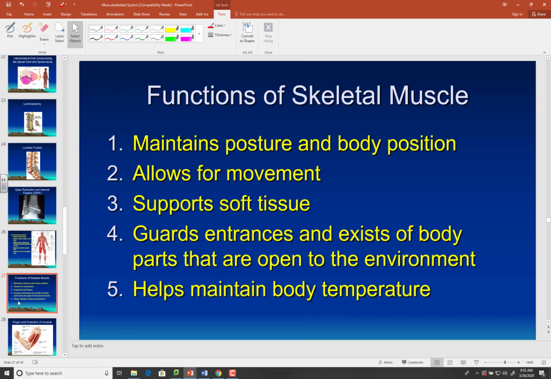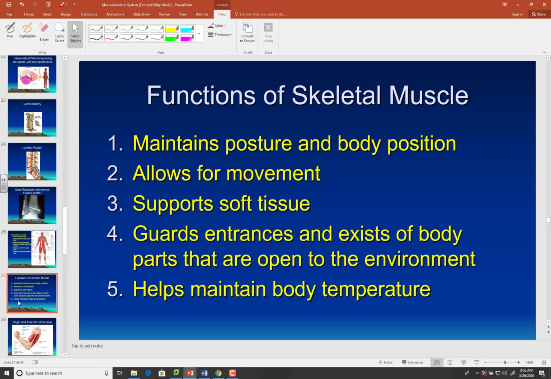Now, a couple of things about skeletal muscle and their basic function. Obviously, you need it to maintain posture and body position, right? If somebody's muscles don't contract, they're on rubber leg street. It allows us movement, and it supports soft tissue, right? So your rectus abdominis muscles protect your abdominal cavity and the stuff that's inside it. So if you get an umbilical